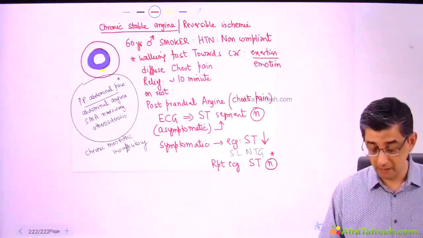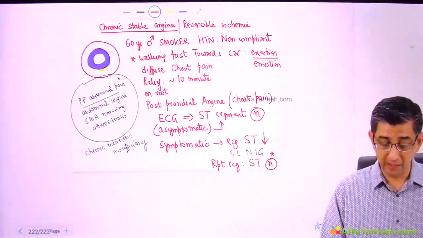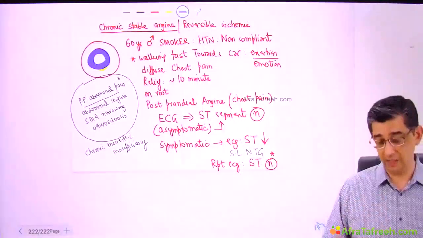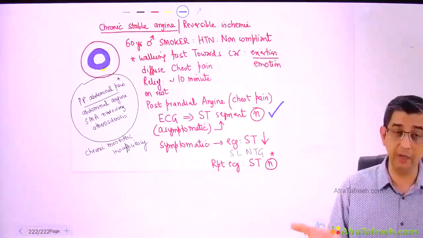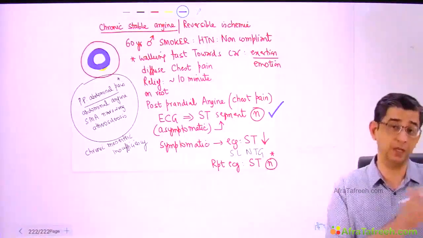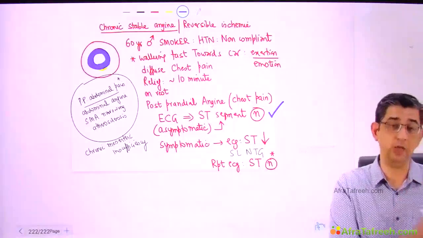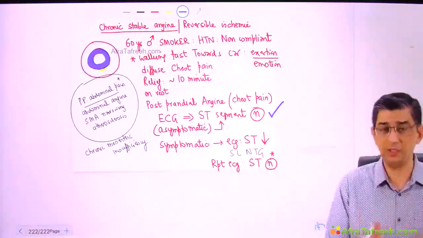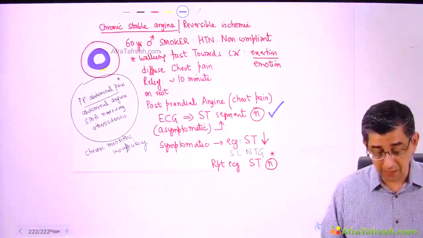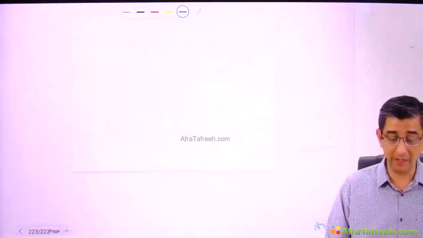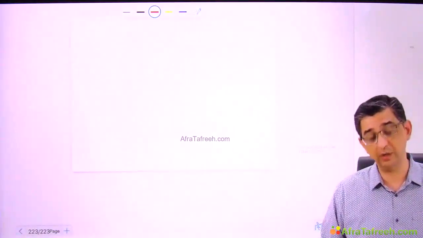I want to highlight the fact that the ECG findings in a large number of cases may be normal, because when the person comes to the clinic, he might be asymptomatic. He had chest pain yesterday, he had chest pain 1 hour back, 2 hours back. At the moment, he's okay. He's saying, "Sir, I had this earlier." Then you obviously need to run some tests on this person to actually demonstrate that yes, there is some problem with the coronary arteries of the person.